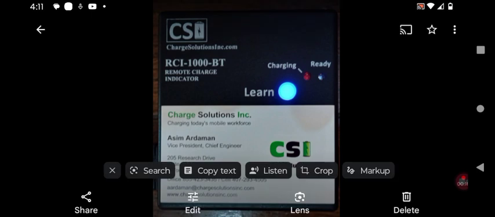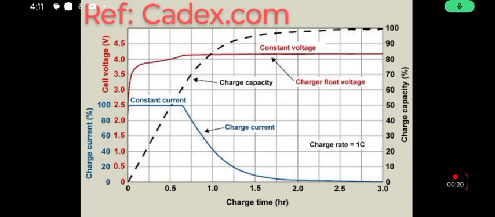All right, so we're going to flip over to a chart here. This chart from kdex.com helps illustrate what's going on in a typical lithium-ion battery, and that's the technology that we're assuming is in the devices you're charging. So what's going on is when you do a learn with the device, with the RCI box,